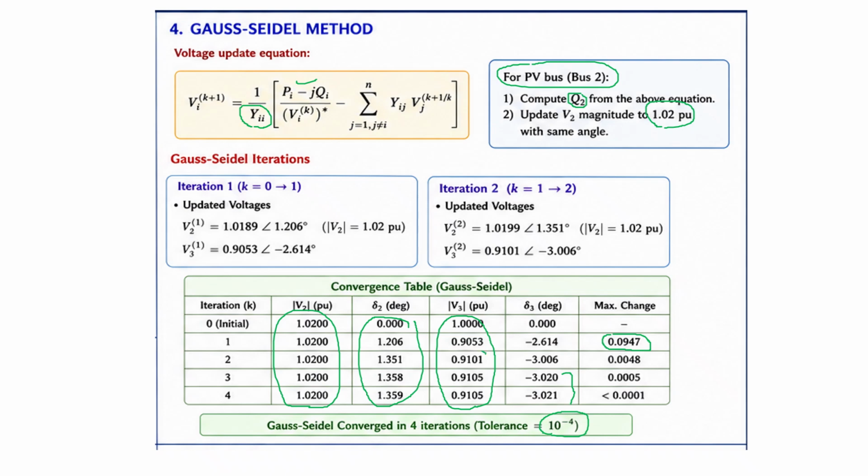Again, we see that the voltage is changed to this. Again, the voltage magnitude variation between the first iteration and the second iteration, like that. So we'll go like that, and finally we'll reach where the change in voltage magnitude is less than the tolerance. At that time, that's the termination criterion for the